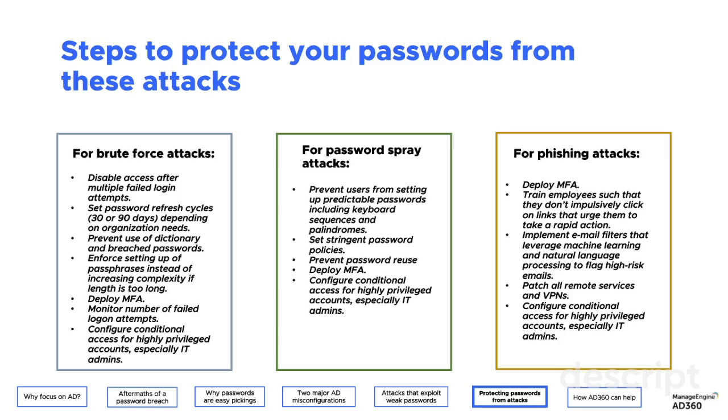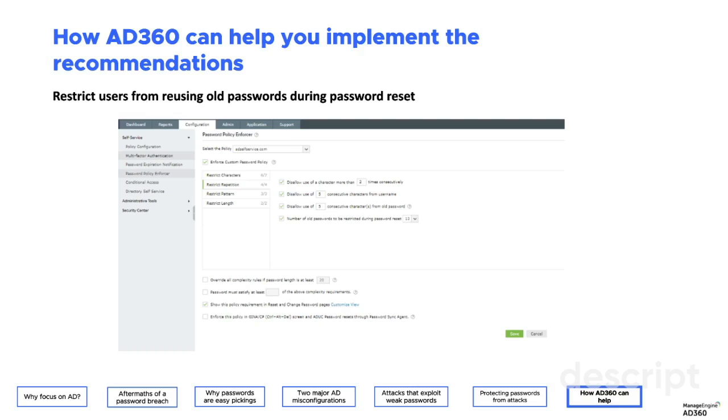To do this, a tool can essentially help you. In this case, AD360 is the ManageEngine IAM offering that can sit on top of your Active Directory, Azure AD, Office 365 or G Suite or any other IAM application that you have and enforce a stronger password policy. We want to defend ourselves against weak passwords. The easiest way is to strengthen it, where your users cannot set predictable passwords or dictionary words or patterns. The pattern engine is so smart that it stops users from using predictable patterns. We want to ensure that users set strong passwords and practice general overall password hygiene.